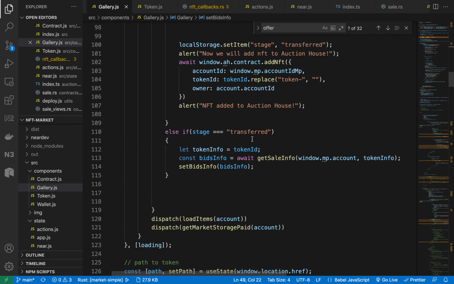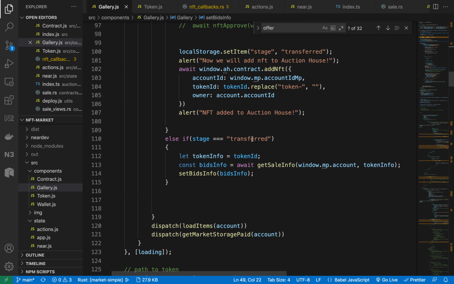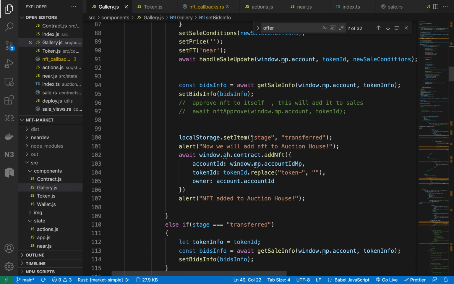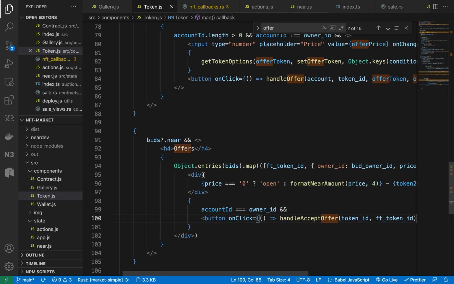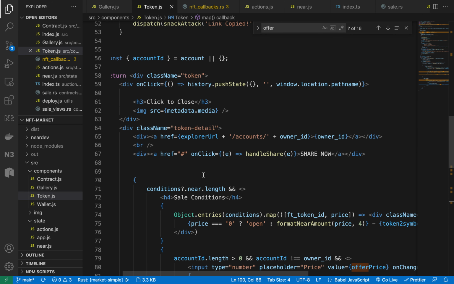Okay, these are just get calls anyways, never mind about these. Then the final thing is to finalize the auction, right? How do you end the auction?